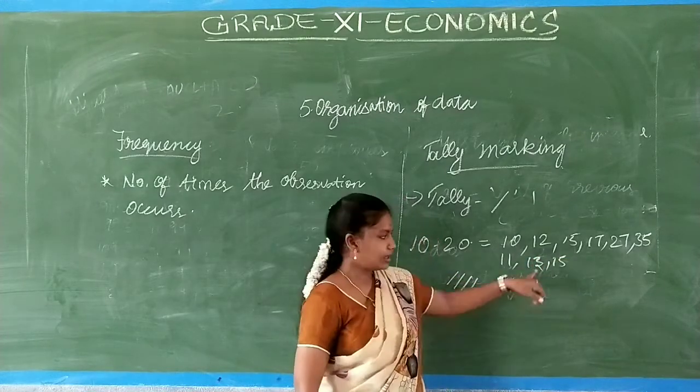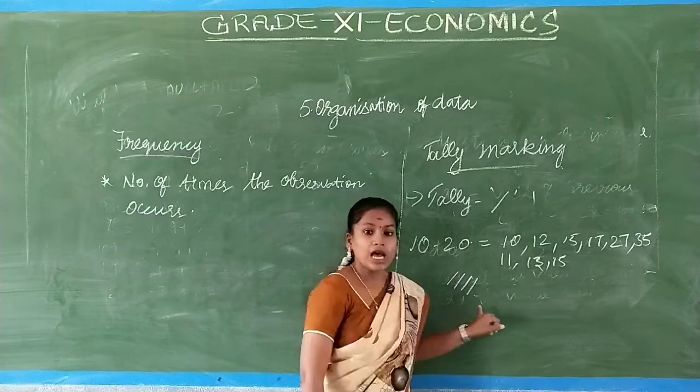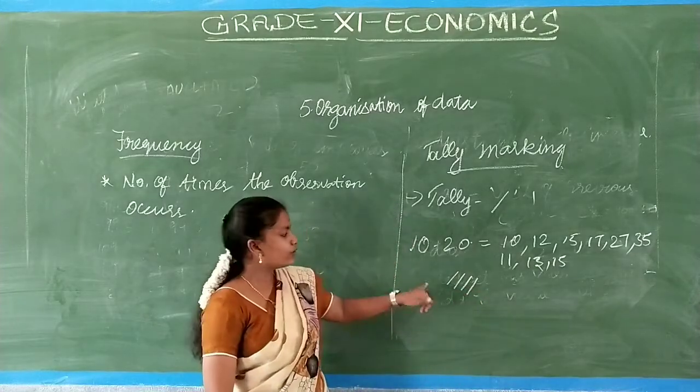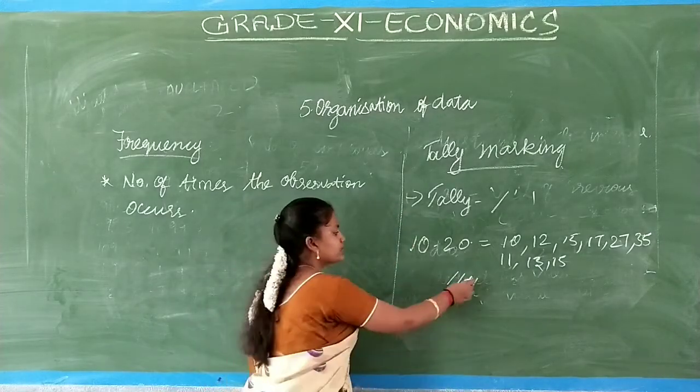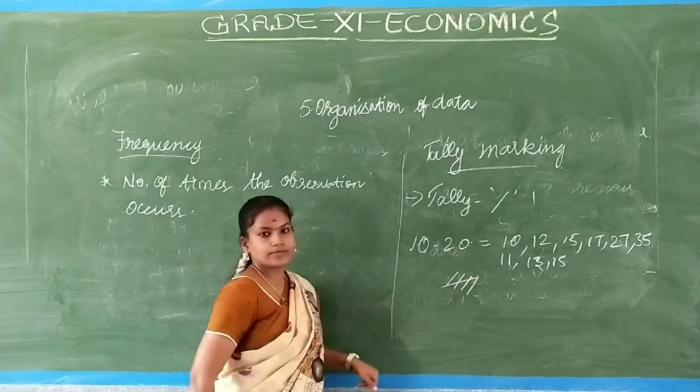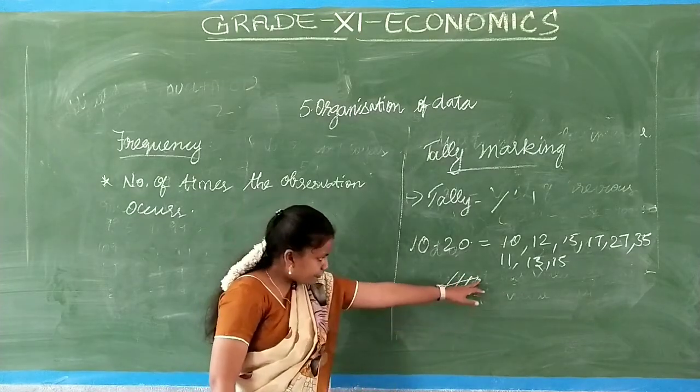3 I have got. 11 falls in this class. The fifth time, what do I do? I don't draw another line, but simply strike it like this. The fifth line should be